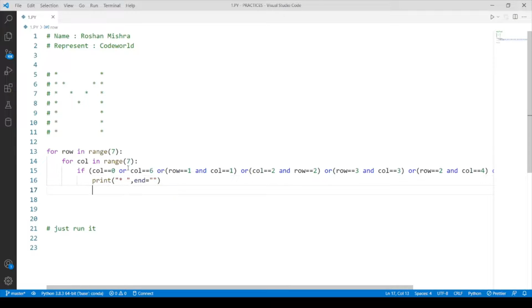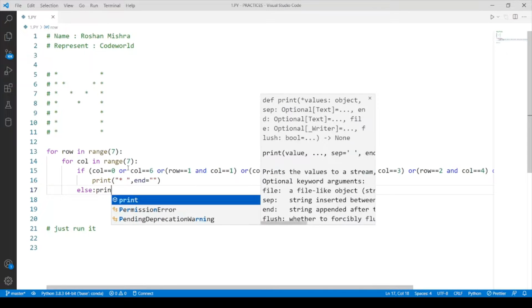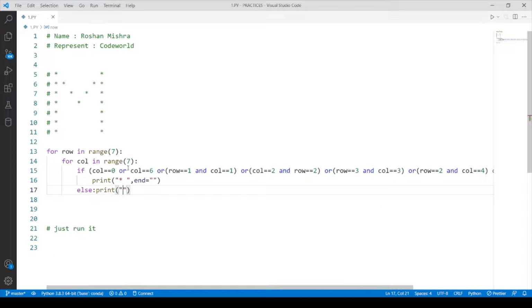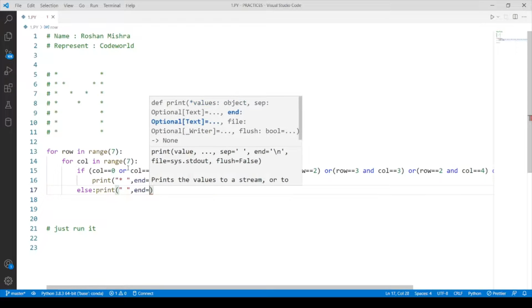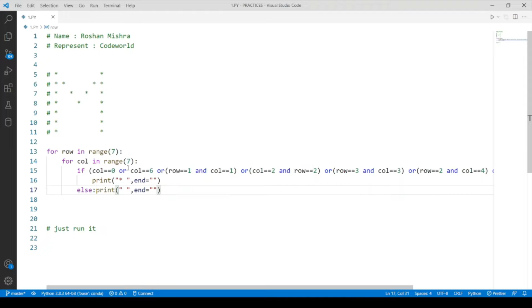Otherwise, else print space in one line. And at last just print for a new line.